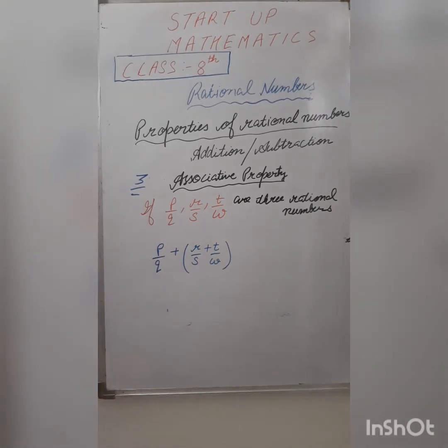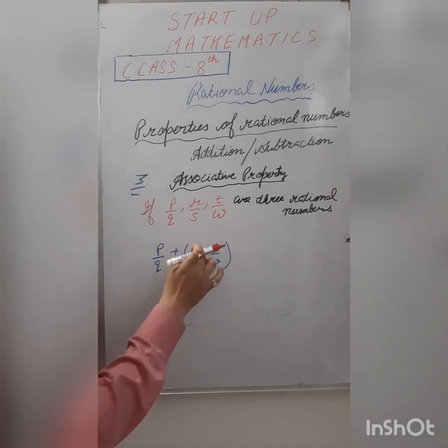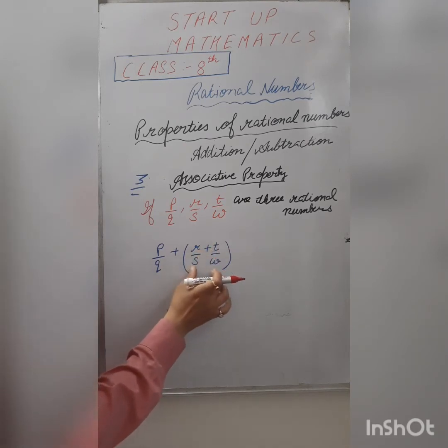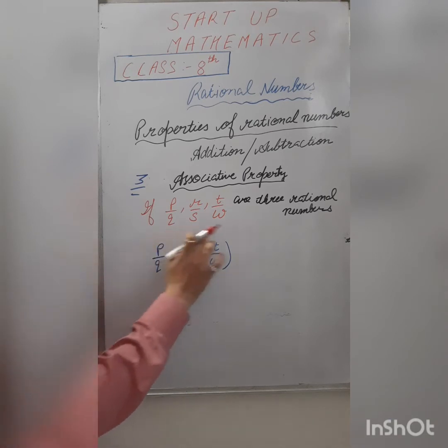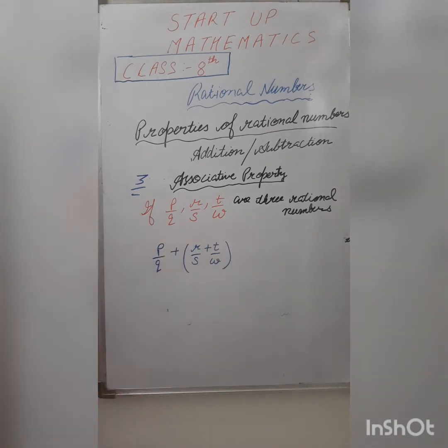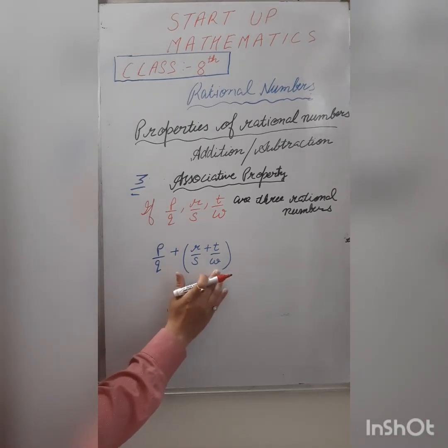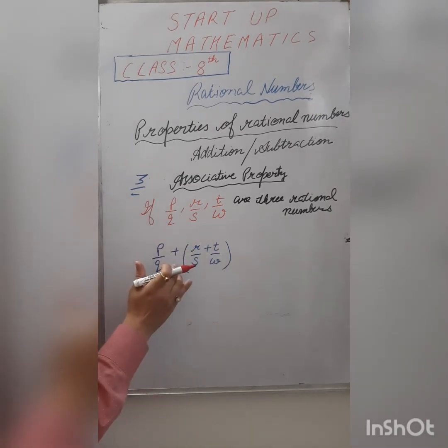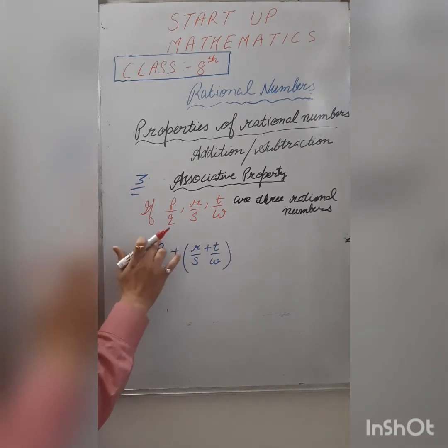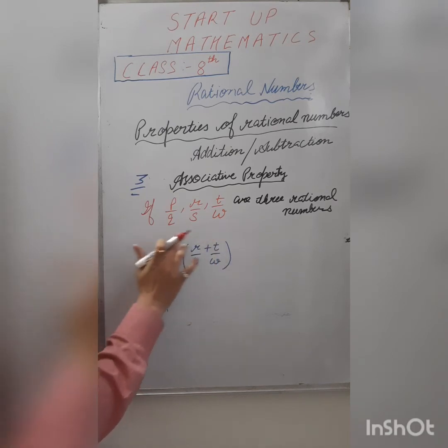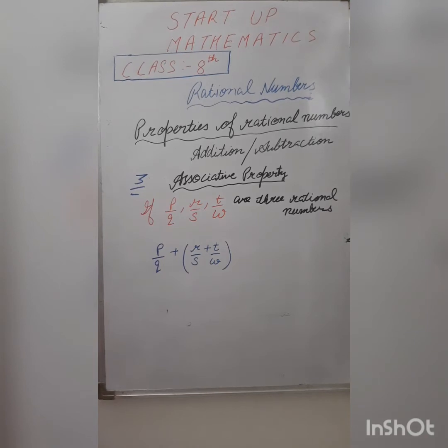Again, first order means the sum of the two rational numbers, that is R by S and T by W. इनका sum हम add किस में कर रहे हैं? P by Q. So they can be grouped in any order, right? Means the sum of the last two rational numbers is added to a rational number, that is P by Q. This is first rational number, this is second, this is third. The sum of the last two rational numbers is added to the first rational number.